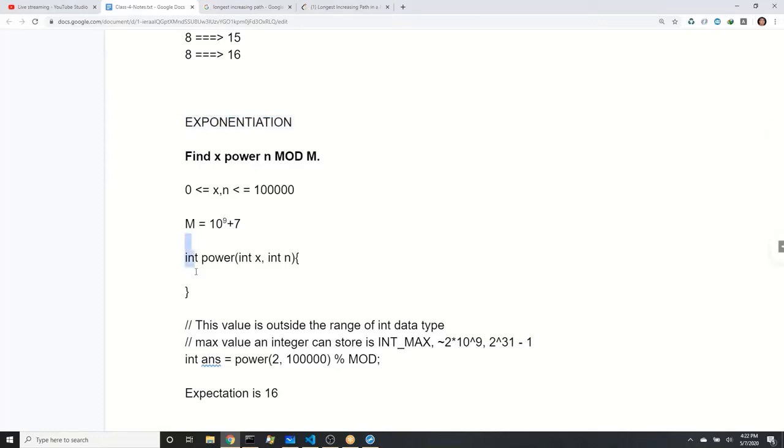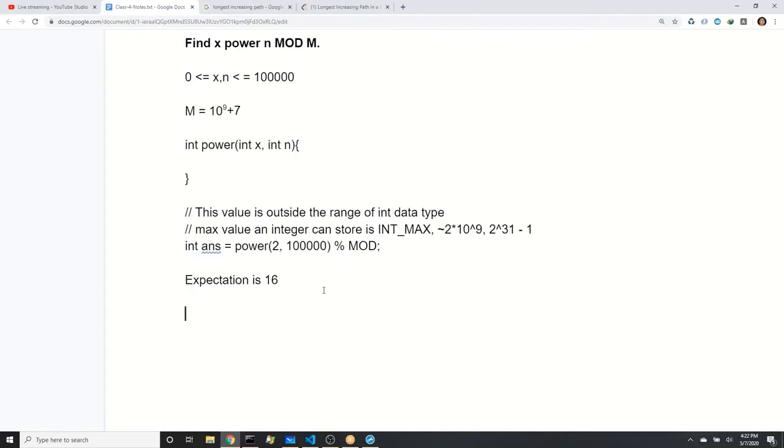Now, what is the time complexity in which we can solve this problem? What is the best time complexity in which you think you can write the power function? So the first approach is time complexity of big O of n, which is simply multiplying x n times. This is the brute force, the normal, routine way. But the time complexity we want to reach is O(log n).